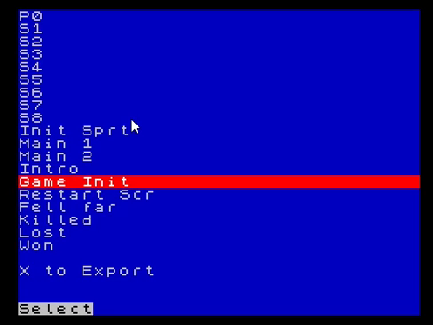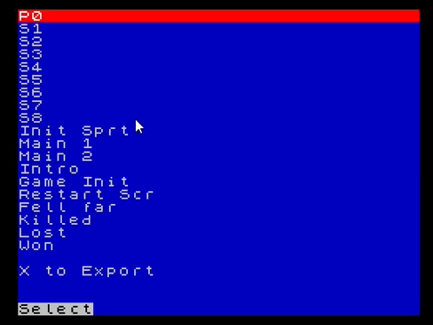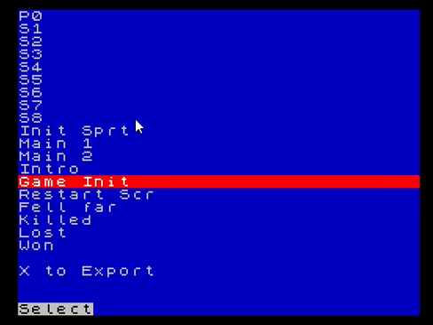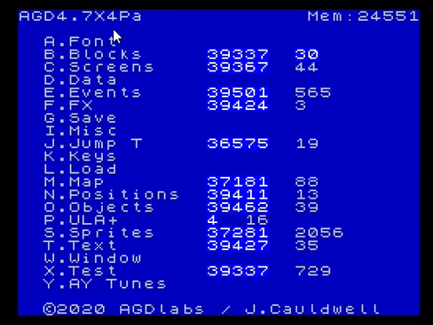in the intro screen, I've put music 1, which is obviously our intro, and that will be the control menu, and it will play the tune in the control menu. And then in the game initialization screen, I've got music 2, which means start the in-game music. And let's take a look. If we run it, you'll see